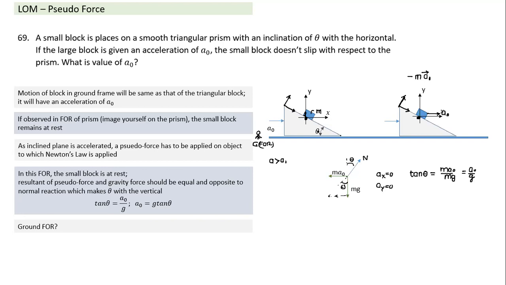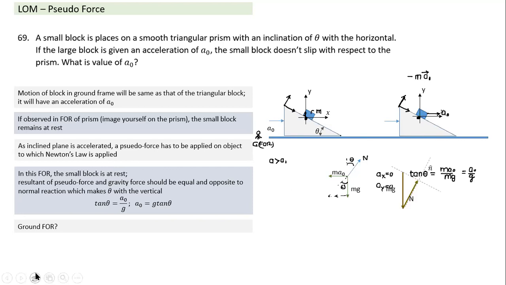Okay, so let's again understand from the ground frame of reference. What we understood, if I see from the ground frame of reference, it has an acceleration of a naught in the horizontal direction. It means the net force also must be acting in the horizontal direction. Let's try and understand where the net force comes from. How many real forces are acting on the block? Only two real forces. One of them is, of course, the gravitational force, and the second is the normal reaction, which acts at an angle theta. So let's mark these forces here.